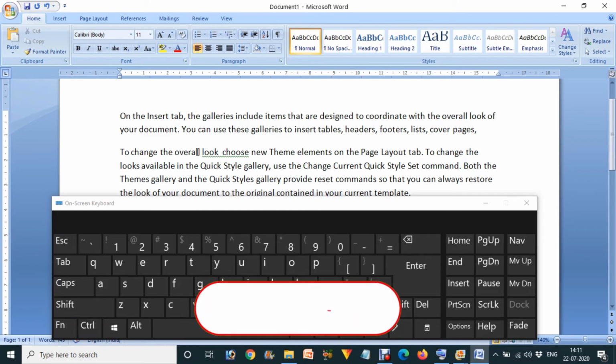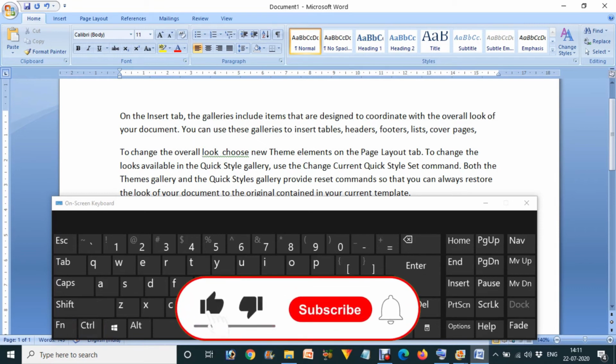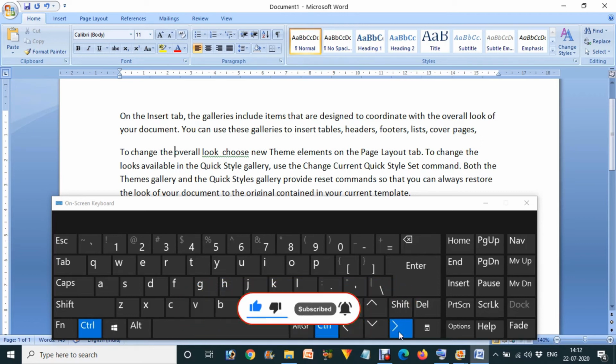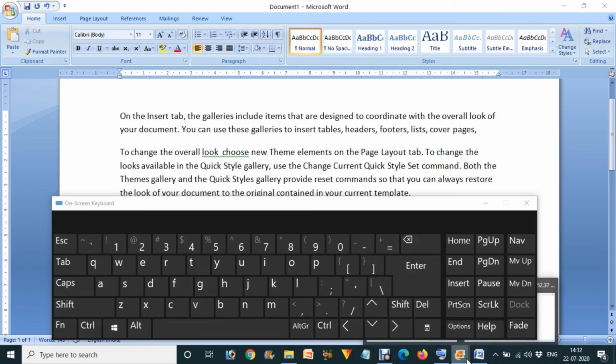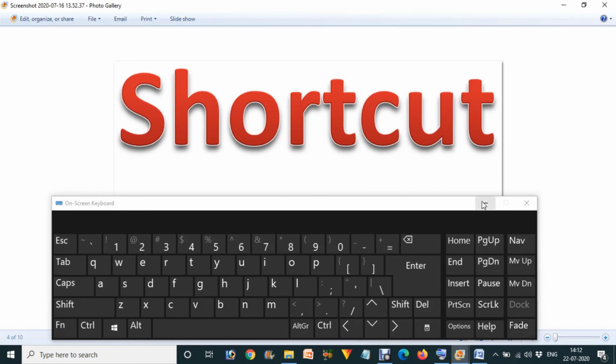You can jump over the word, and again press Control, and like this you can jump over the words and easily do your work. Otherwise we have to take our mouse and come over here, and that is not a great trick that should be done by an expert or any computer-knowledgeable person. Hope you understand trick number 4.